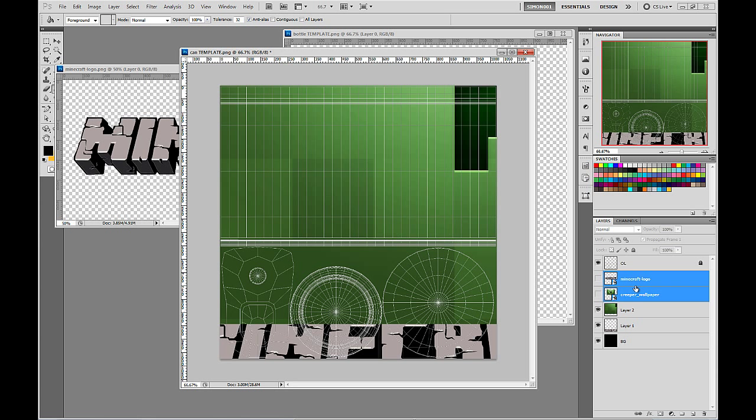But what I can do is just turn those two layers off there, and I'll just hide them down underneath the background just to get them out of the way. Really, you can do it either way, it's not going to matter. Okay, so what I want to do first of all is get my background color or image to fill up